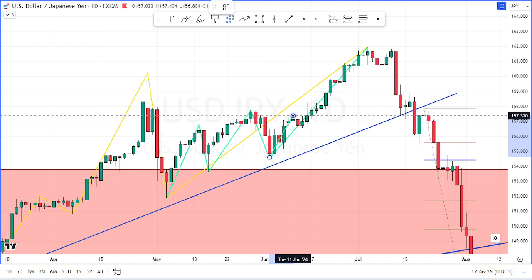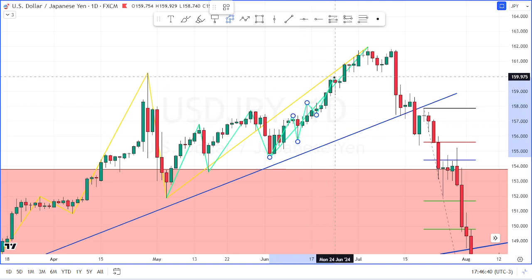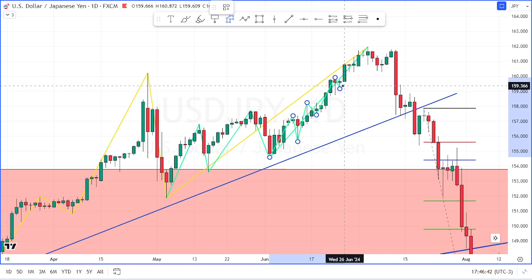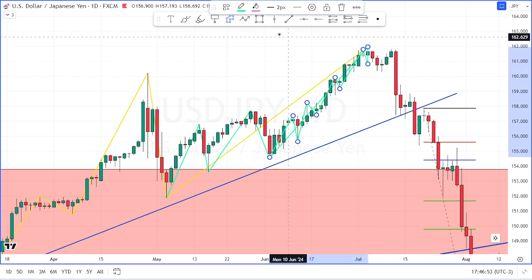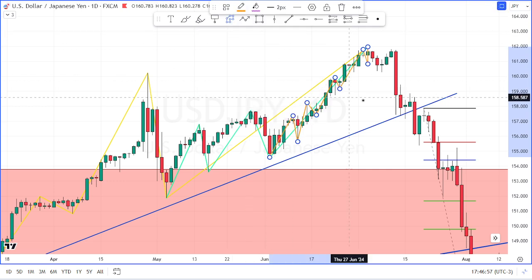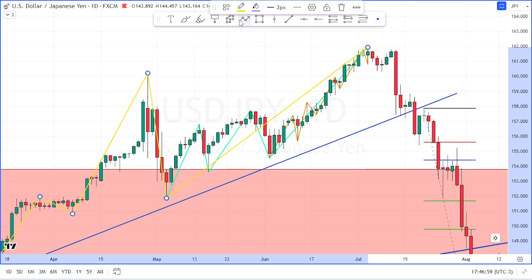higher high here, higher low here, higher high here, higher low here, higher high here, higher low here, and the market here made this higher highs, higher lows, and higher high. Believe me, that is a fact. All right,